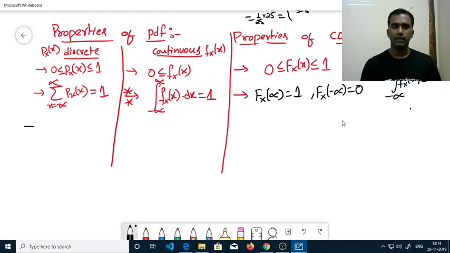Next, how about P of X less than or equal to x naught? How can we write this one? For a discrete PDF, you can write it as, here the meaning of the internal part, just understand